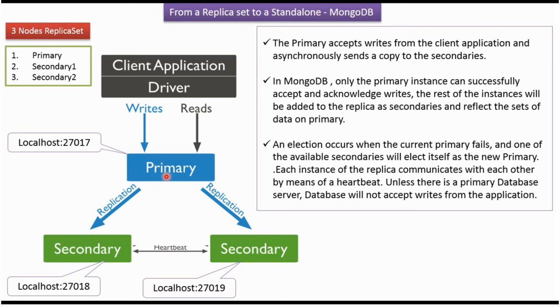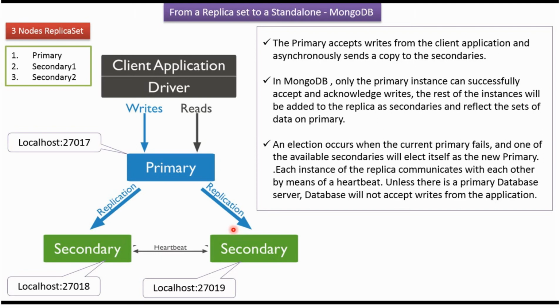Here you can see the primary server, which accepts writes from the client application and asynchronously sends a copy to the secondaries. In MongoDB, only the primary instance can successfully accept and acknowledge writes. The rest of the instances are added to the replica set as secondaries, and secondaries will have a copy of the